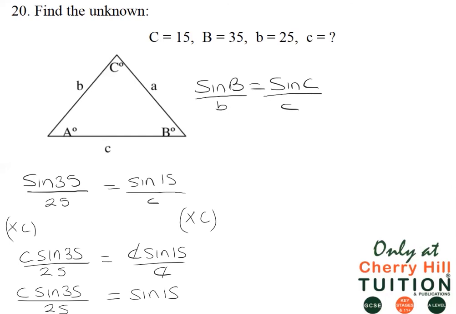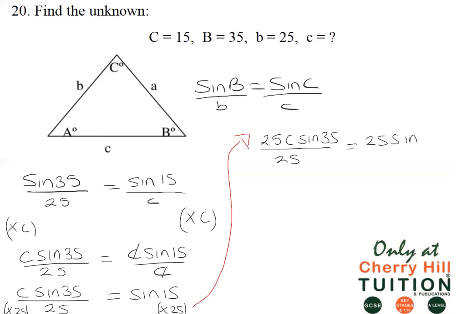So we still need to make c the subject, and right now the two things stopping c from being on its own are the divide by 25 and the multiply by sine 35. So let's start by getting rid of the divide by 25. In order to do this, we need to multiply both sides by 25, leaving us with 25c sine of 35 over 25 is equal to 25 sine of 15. And on the left-hand side, the 25s cancel out, leaving us with c sine of 35, which is equal to